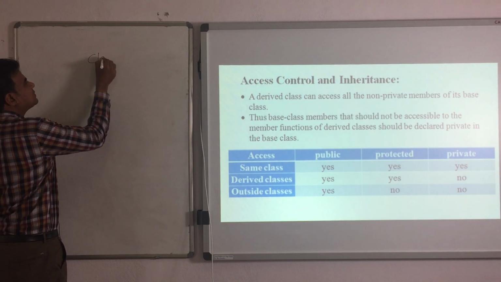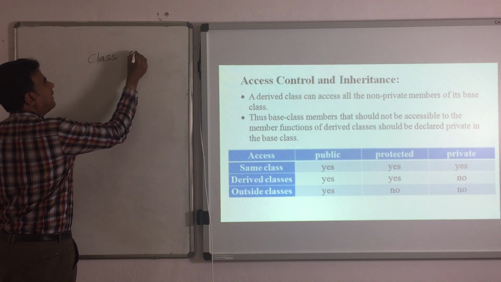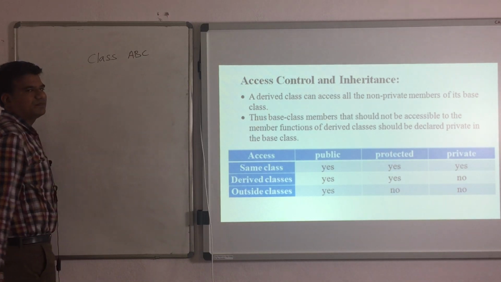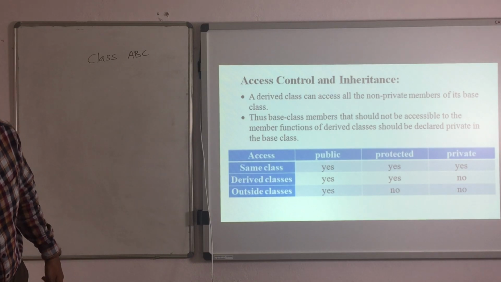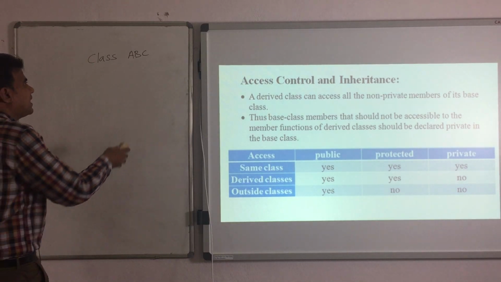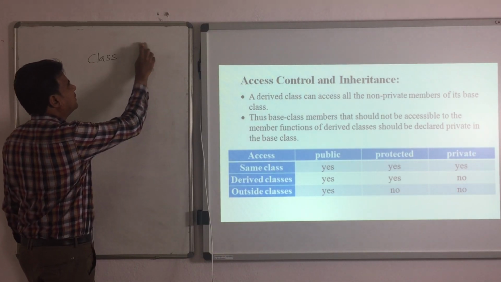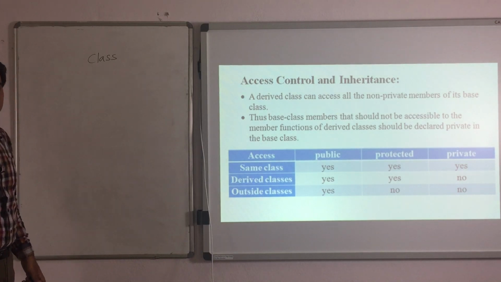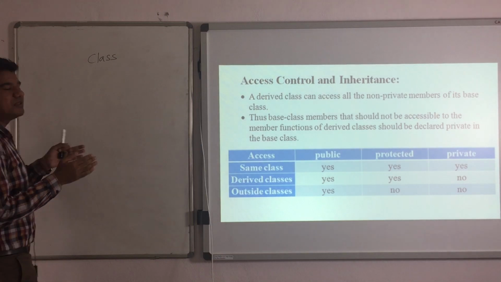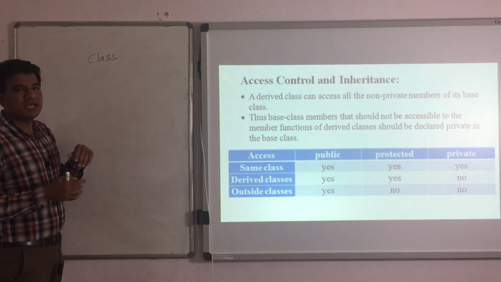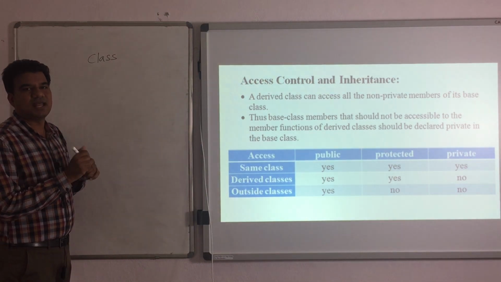So class A, B, C. Or as we are discussing inheritance, it is better to take the class name as base class only, just to give a resemblance between the concept and the example.